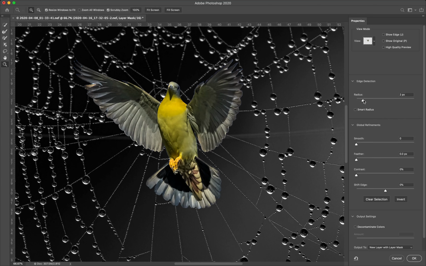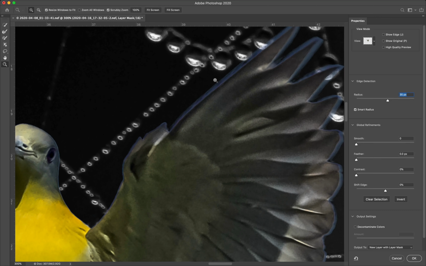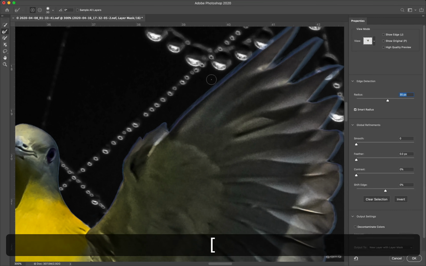This radius will determine how much Photoshop will look for at the edges in terms of pixels. When you try and refine the edges, the smart radius controls this value that we've already set as the radius, as to how much inside and outside the edge that you've marked will be impacted. Now if we pick up the refine edge tool and zoom in, R for refine edge, we just make this a bit smaller,